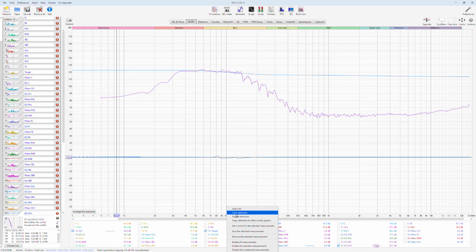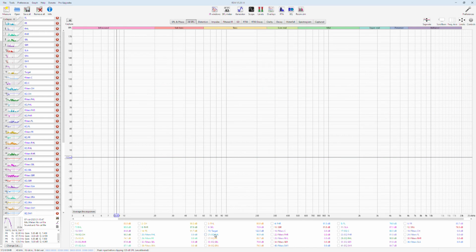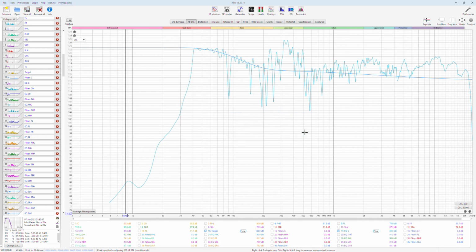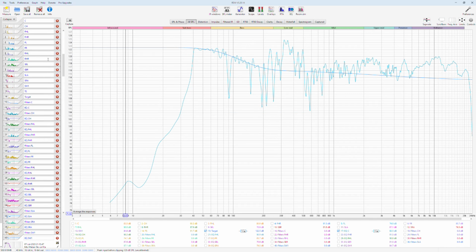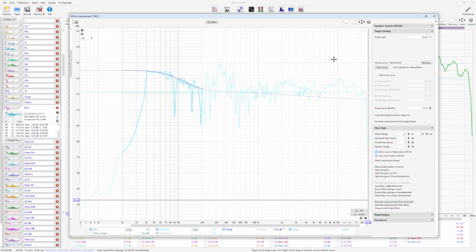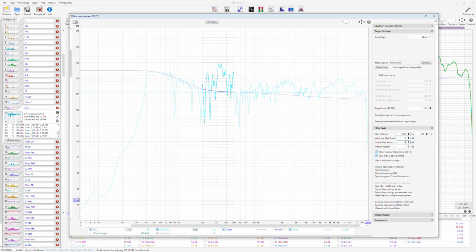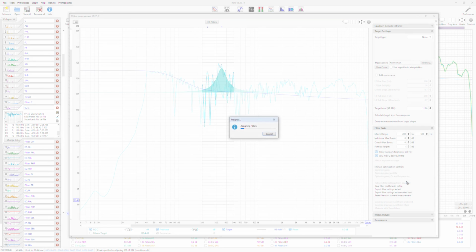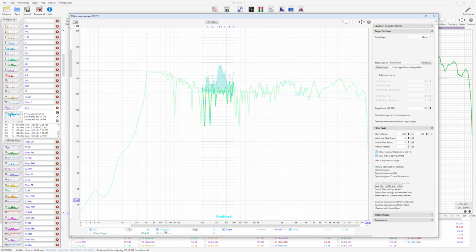Now, why do we have all these EQ after the first filtered responses? Let's start with EQ C. Here is the target. Okay, and the data, it's something like that at the moment. So we go to EQ C. Again, EQ window. Target level will not change, so you don't have to re-enter it, but just here you have to make it from 200 to 500 Hz now, and 0, 0, no boost. Everything else the same, and match response to target. Click OK. And as you see now, from 200 to 500 Hz, it only cuts the peaks.